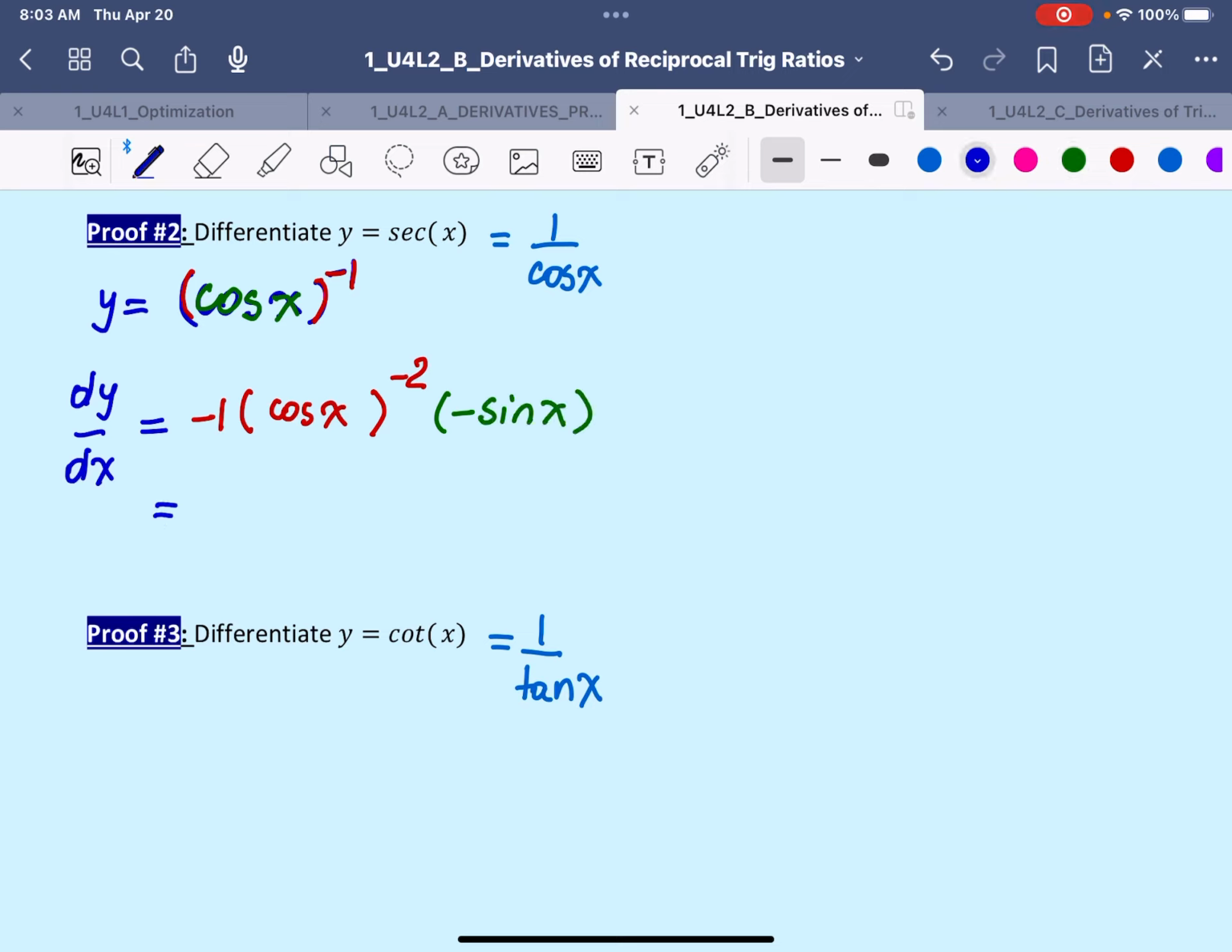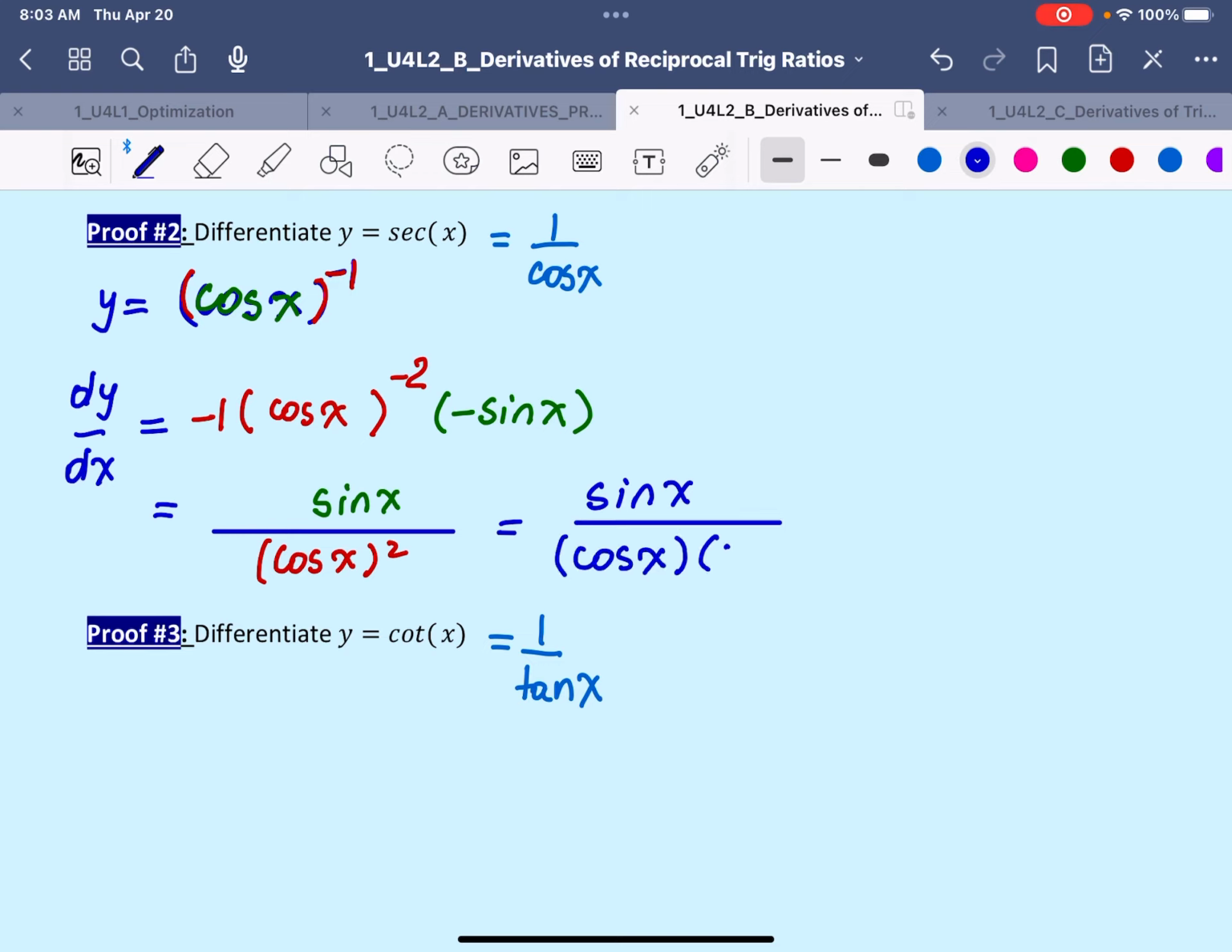Simplify. Bring the negative power down to the denominator, and in the meantime we'll multiply these two negative coefficients. So -1 times -1 will make a positive. So in the numerator we'll have the sine of x, and the denominator will have the cosine x to the power of 2, which we will rewrite as sine of x divided by cos x